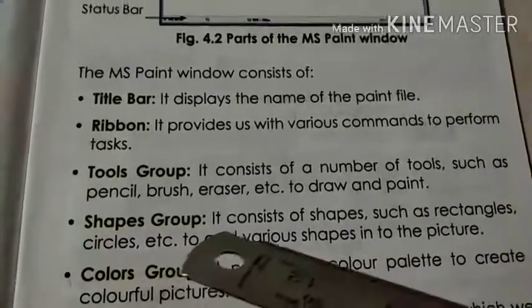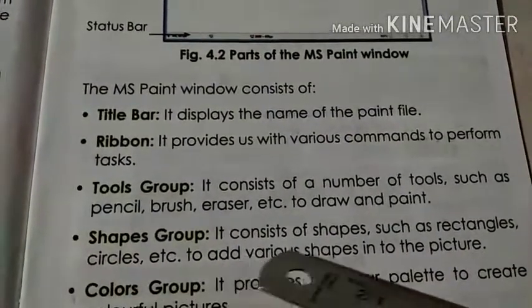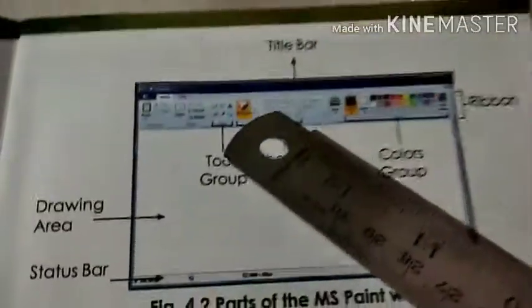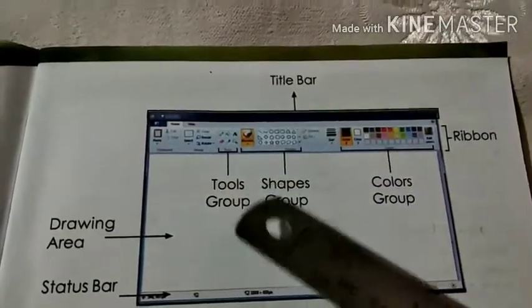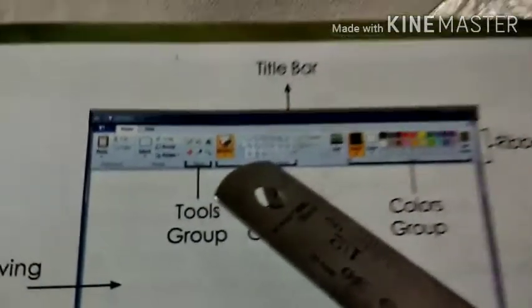Next is shapes group. It consists of shapes such as rectangles, circles, etc. to add various shapes into the picture. When you want to add shapes into your drawing, you can select them from the shapes group. You can see here many shapes are available over here.